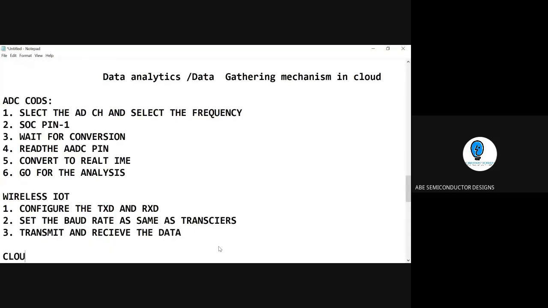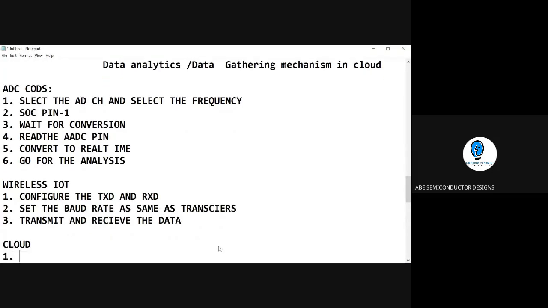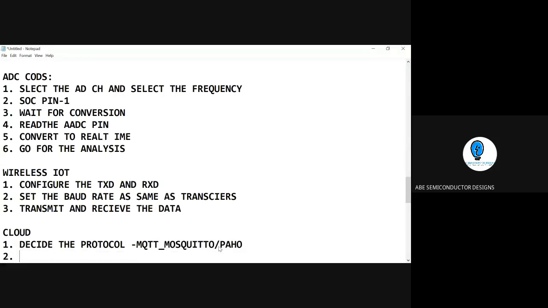And when you connect it with the cloud, a simple example I talked about: decide your protocol. So for MQTT, we need a data structure. Again, we have to make it out. In the morning I told you the library here is Mosquitto. Second thing is to configure the API keys for the cloud.